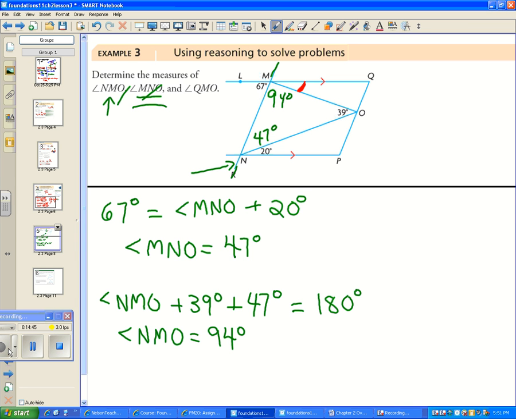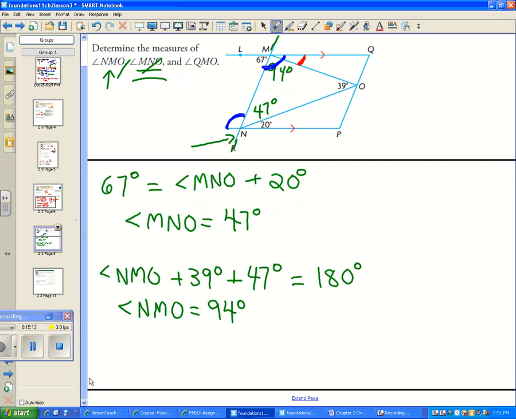There's a couple ways we could do this last one. 94 degrees. Knowing that we have some parallel lines going on and a transversal, what could you tell me about this angle here and this entire angle there? Those are alternate interior angles, so they're going to be equal. So we could say,